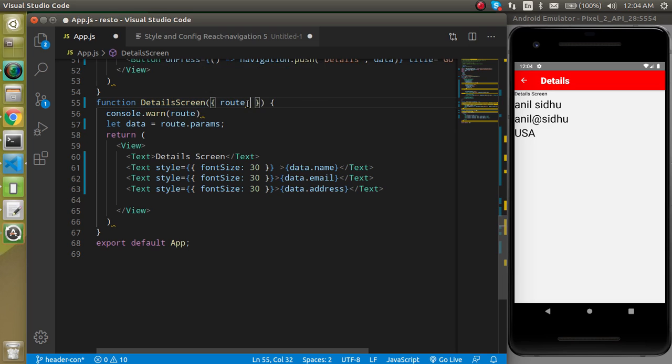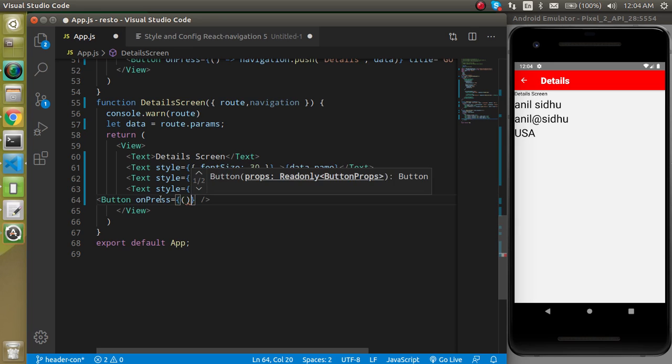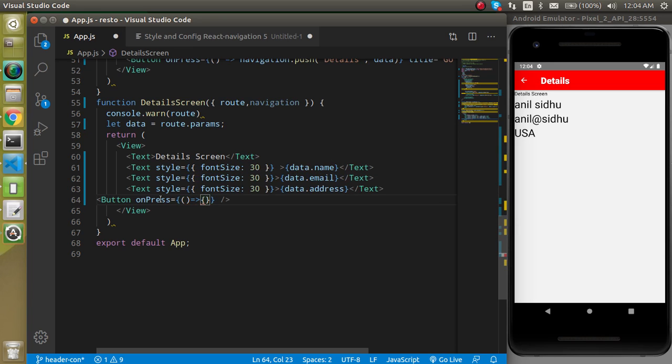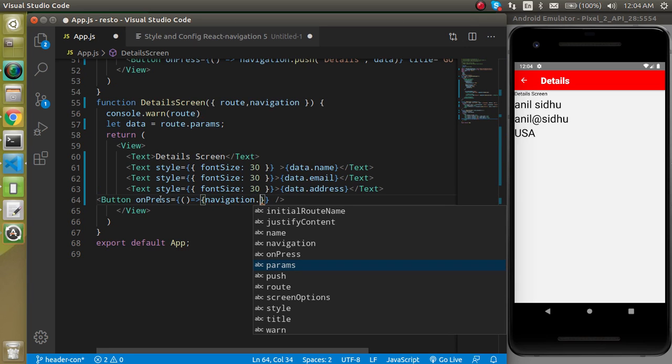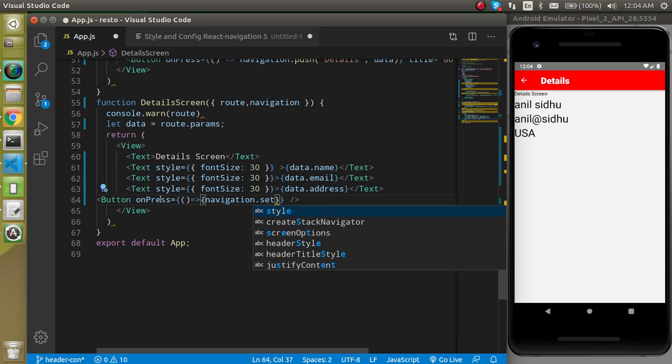Then you must get the navigation props here, and now you can take a button like this, and let's use an on press event. The on press, let's use a simple arrow function,